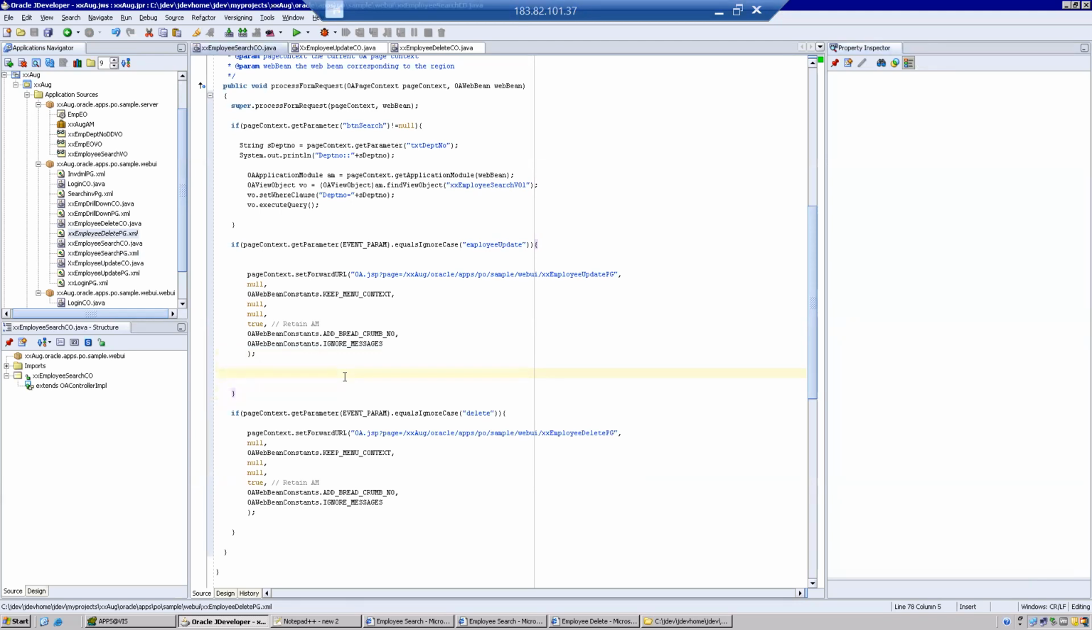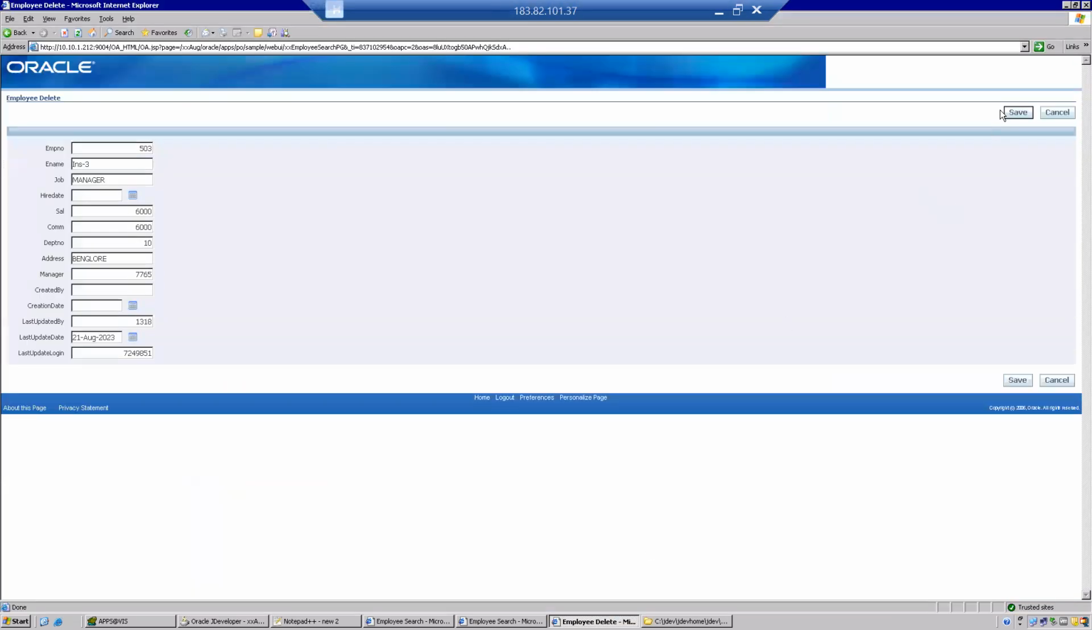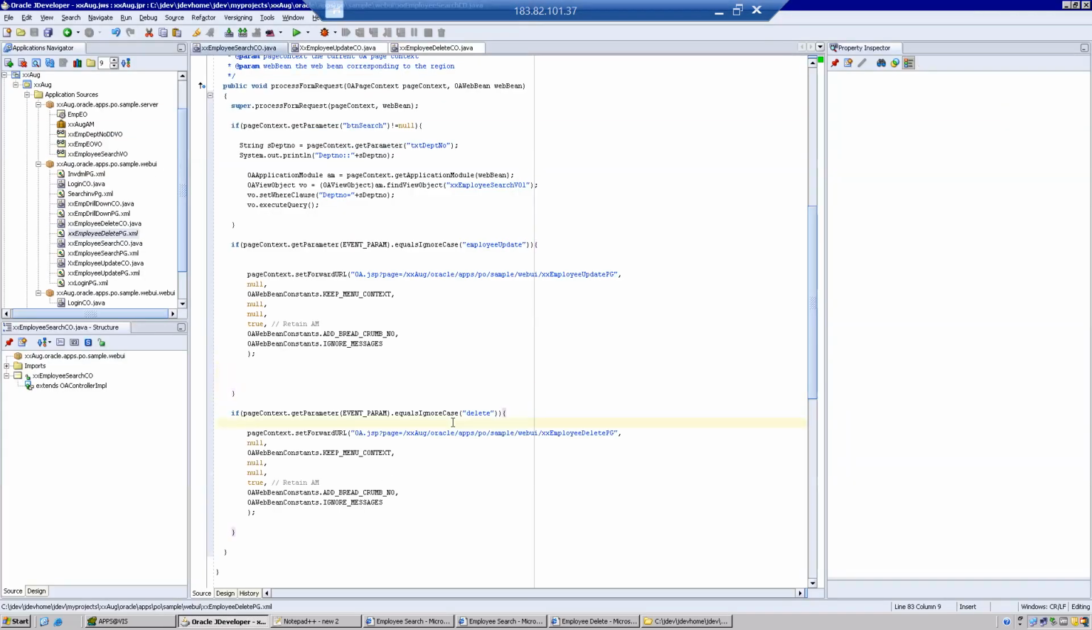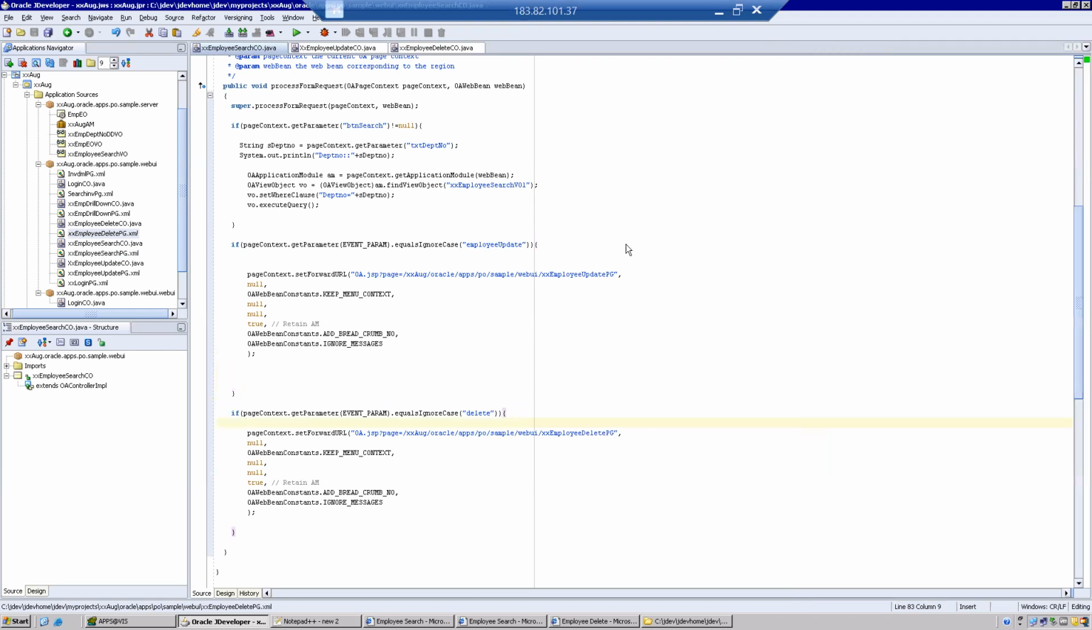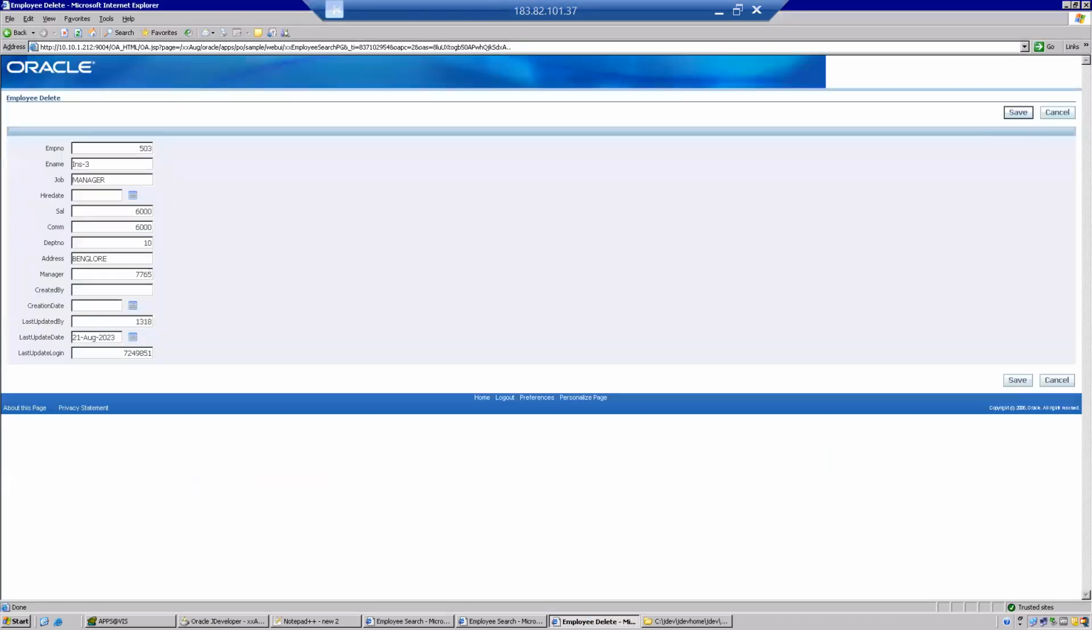Now, whenever the user tries to click on the save button here in the delete page, what do we have to do? We have to delete that particular row. Correct? How to do that? This is the only new thing compared to update, the deletion. Okay. Before we go to this deletion,